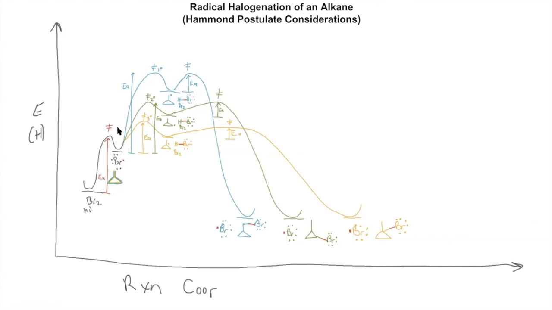So at the initiation step, I don't know what kind of product I'm going to get. After this step, I know I'm going to get a tertiary, secondary, or primary bromide. And then this last step is just finishing it. Okay, so we've got our 3 products there.